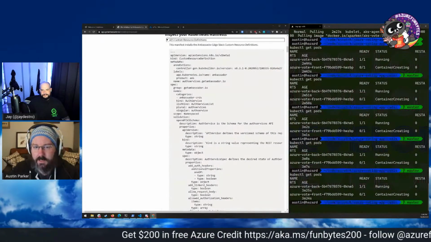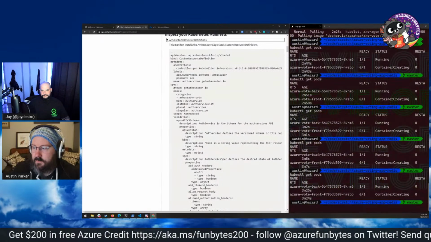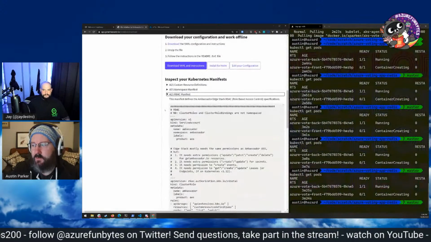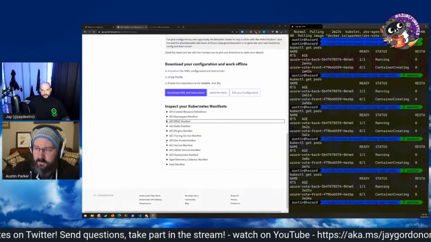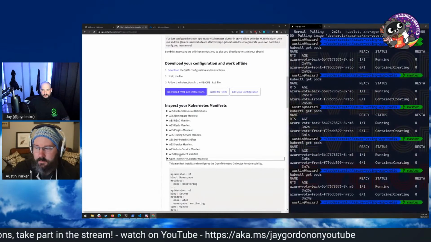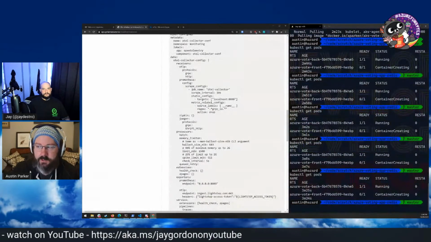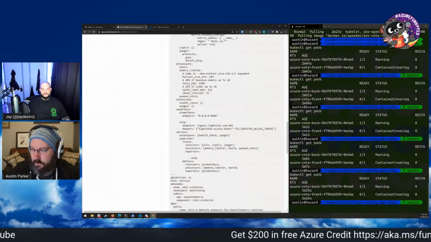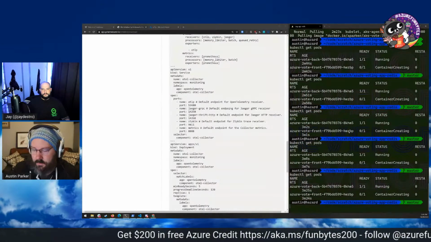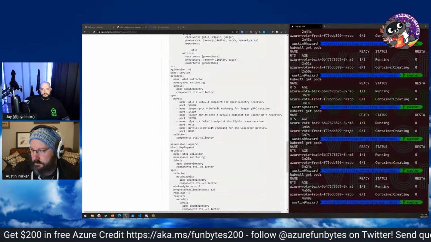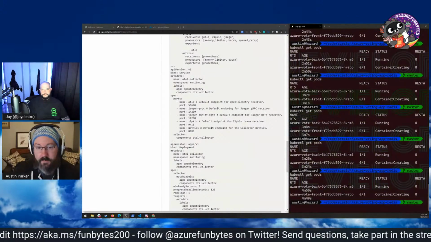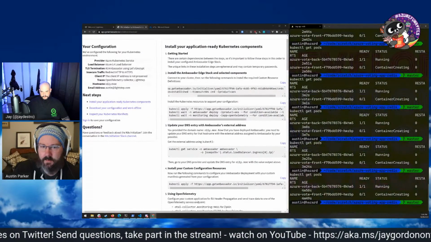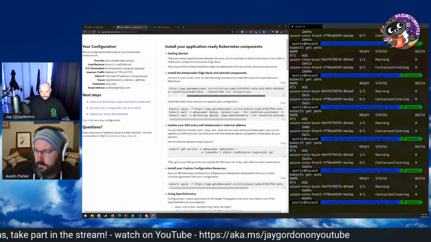And what this is creating is custom resource definitions. It's creating role-based access control. It's creating the manifest for your namespace for the OpenTelemetry collector, which it needs to have in order to receive traces and metrics, all that sort of stuff. And then it's letting you easily run them on your Kubernetes server by hosting them for you temporarily. So you can just pull that stuff into K8s and go.